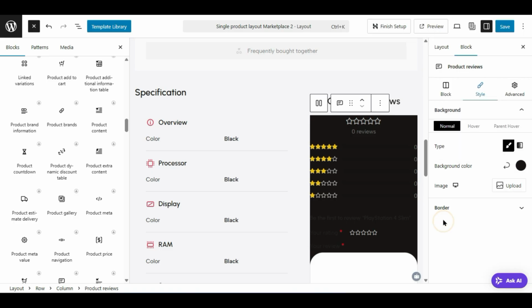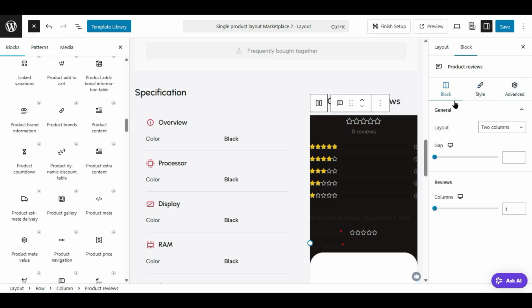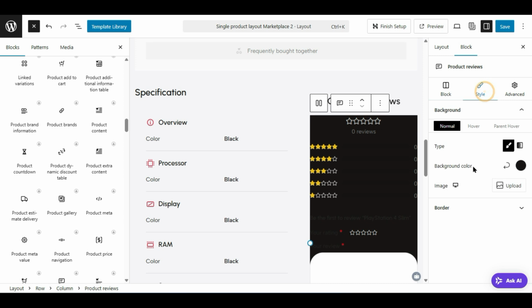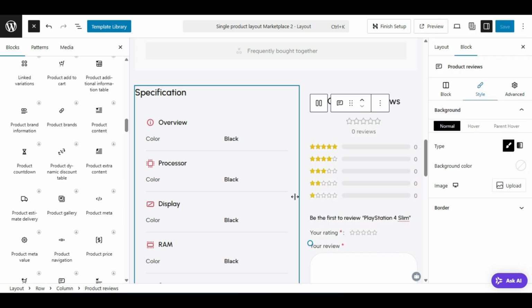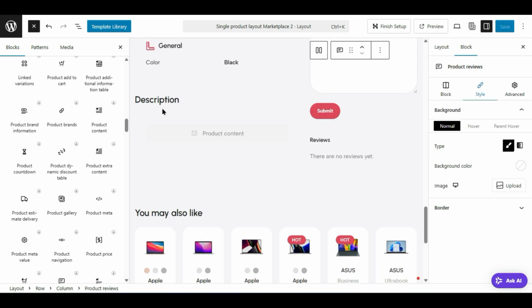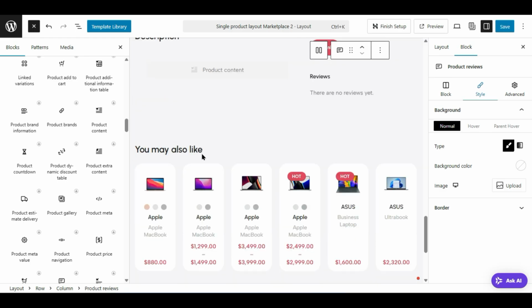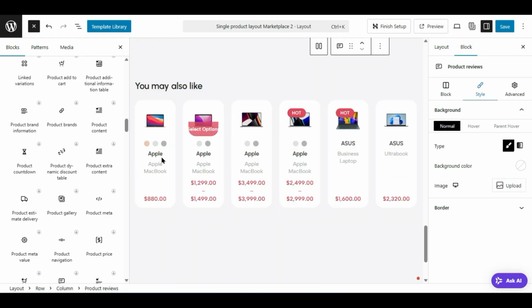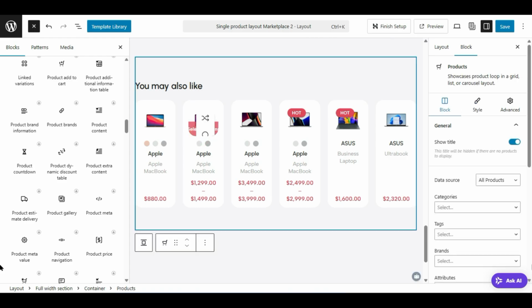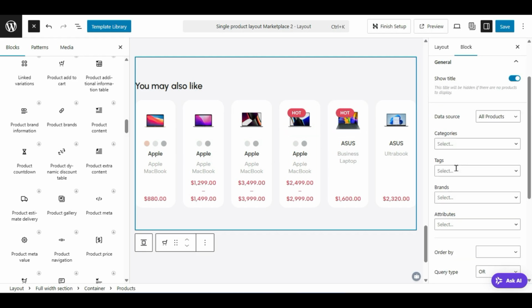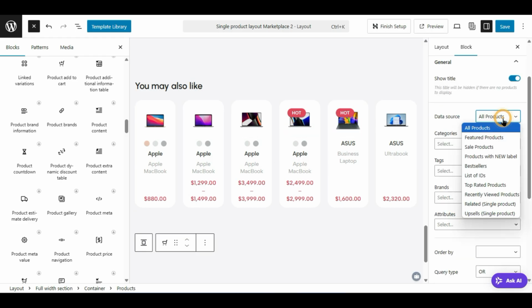Okay, looks beautiful. And then you have to change the text color to white. If I click anywhere on the text, or I have to go to blog, you can find different options. Okay, scroll down. After specification, we have a description, and you may also like. You can make changes to even these products. You have to click on the products and look at the options on the right side. You can even choose a specific category. Okay, or you can choose here data source,